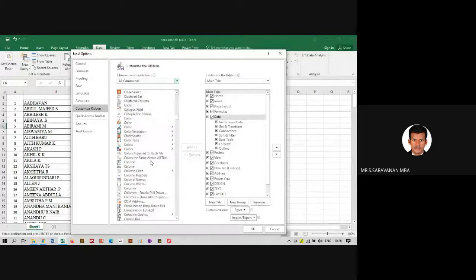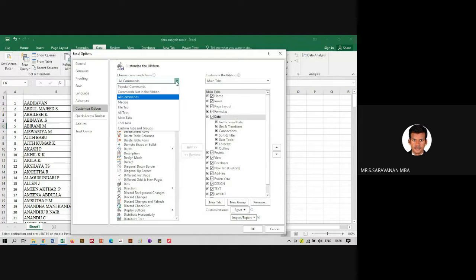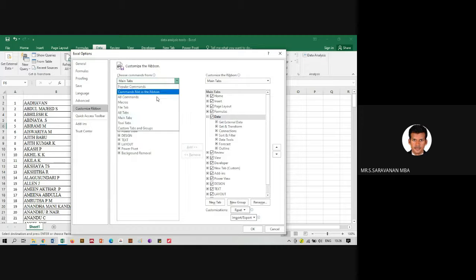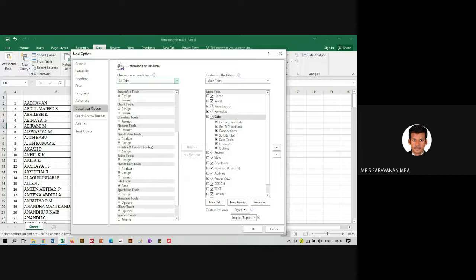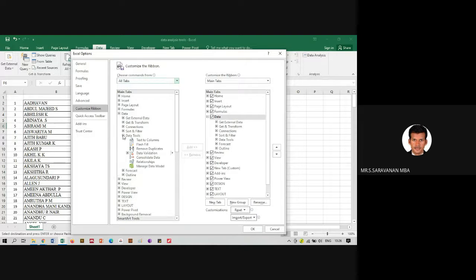Go to data. Okay, data tools. You can click on data tools and you can add it.